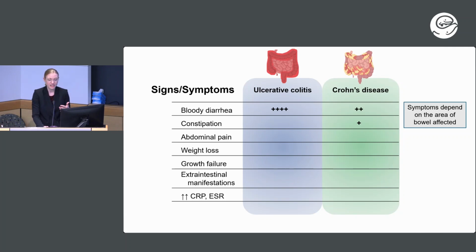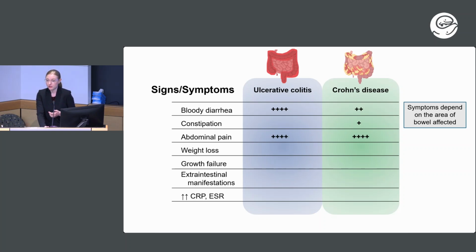So when the colon is affected, since it's more distal, any inflammation there tends to affect the stools more, cause diarrhea, urgency, rectal bleeding, frequency. Whereas in isolated small bowel Crohn's disease, it can cause more minimal symptoms and it can even lead to constipation. So a couple centimeters of proctitis or really distal ulcerative colitis can cause a lot more overt symptoms than a much more extensive involvement in small bowel Crohn's disease.